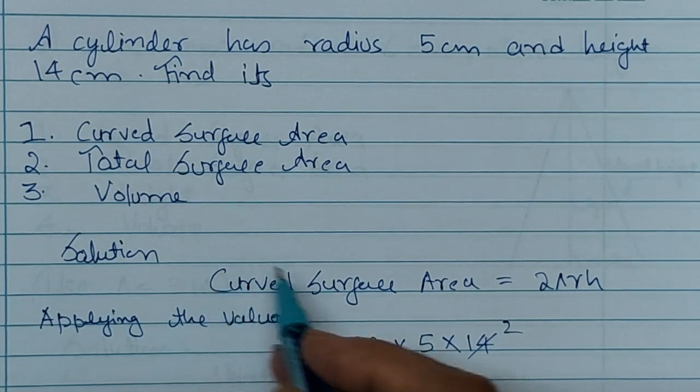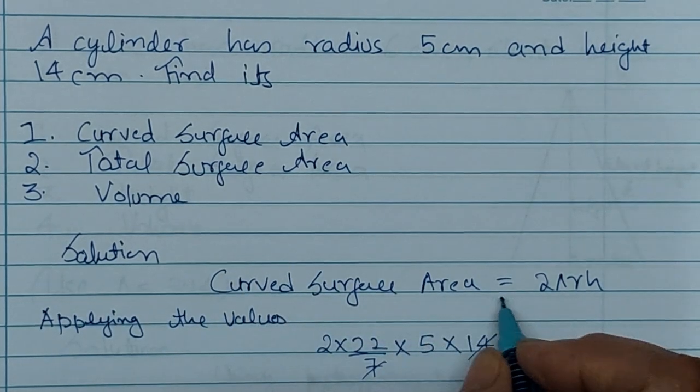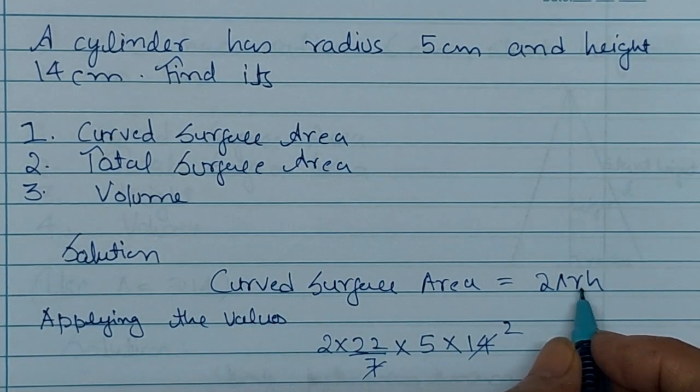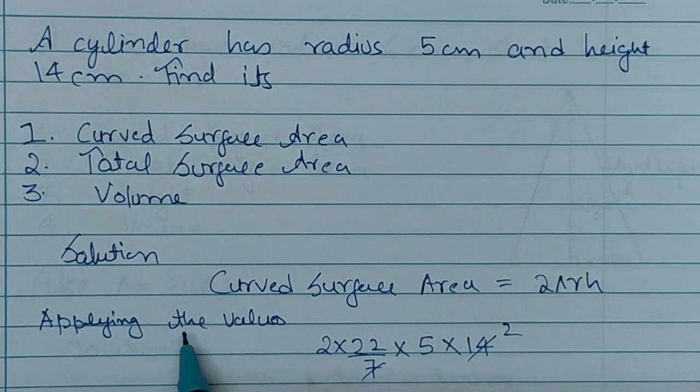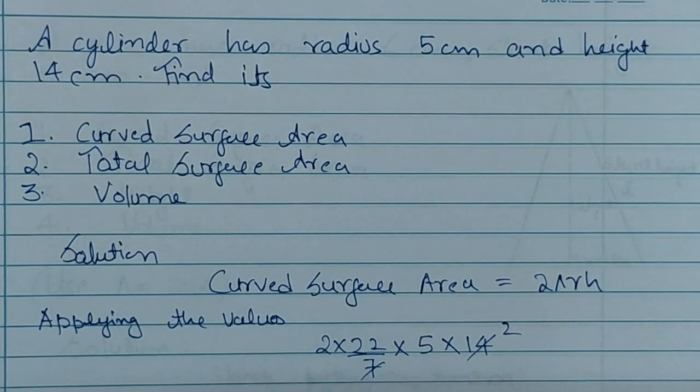Solution will be curved surface area of the cylinder is 2 pi r h. This is the formula for calculating curved surface area of the cylinder. We'll apply the values in this. It is